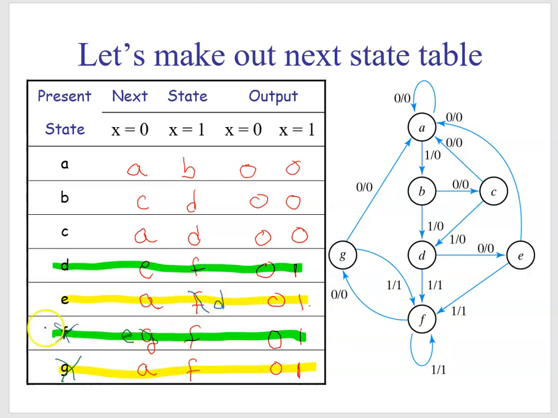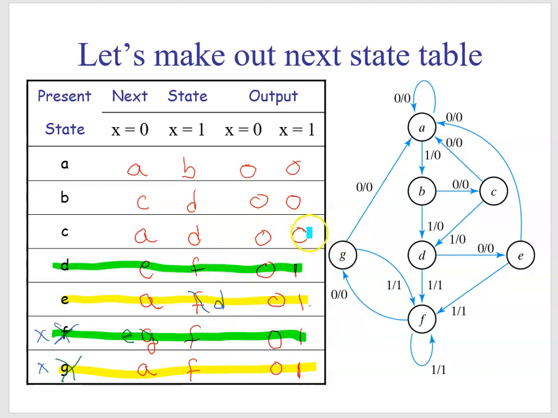Because we got rid of both of these two states. These two states we got rid of, and here in state E, replace that with a D. Now if we look, we see E. If X is equal to 0, the next state is A. If X is equal to 1, the next state is D. The next states are the same, but the problem here is that